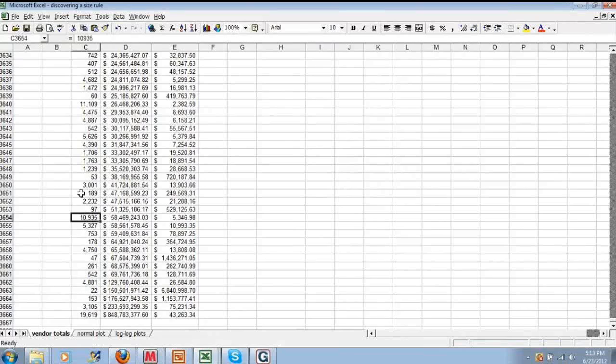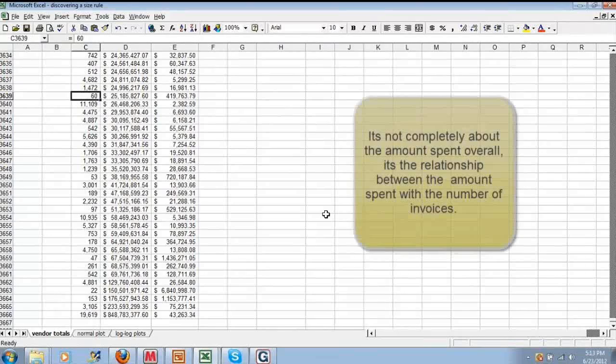There's one with 10,000, there's one with 53, 11,000, and 60. So it's not obvious just at a glance what the relationship is between the number of invoices and the total dollars.